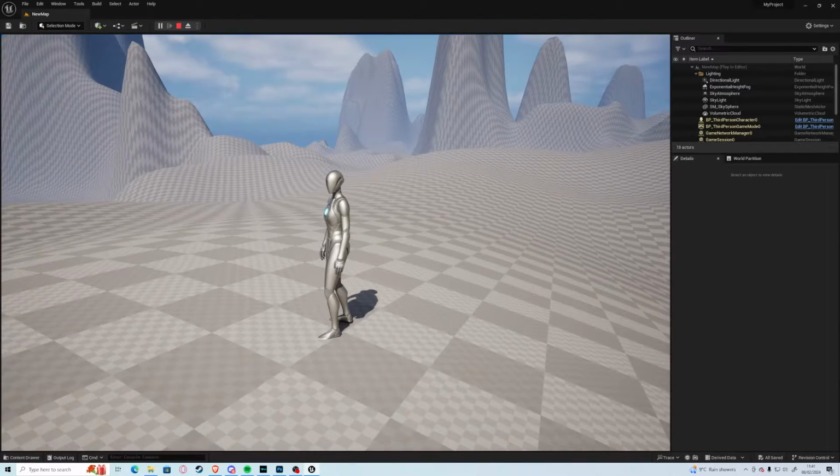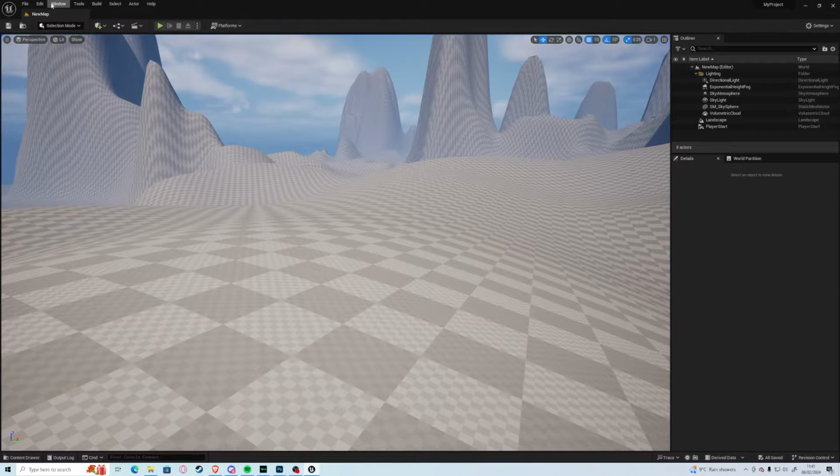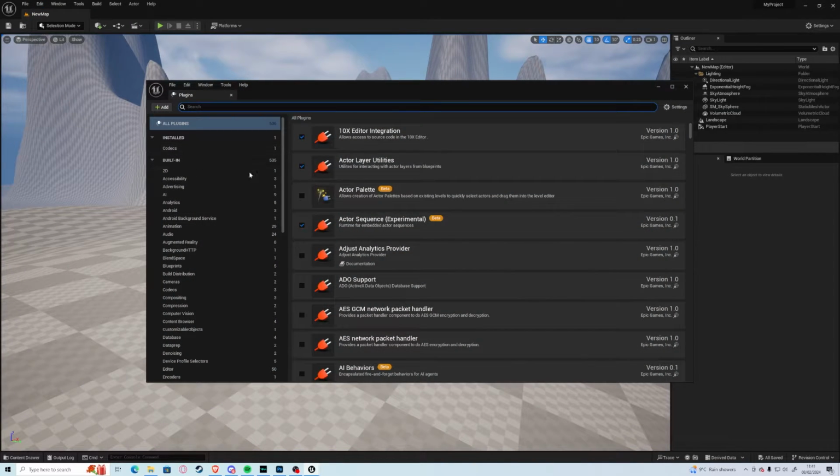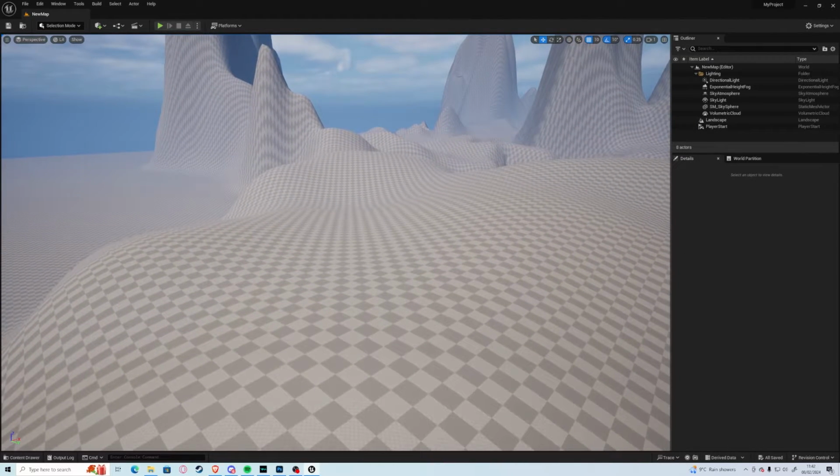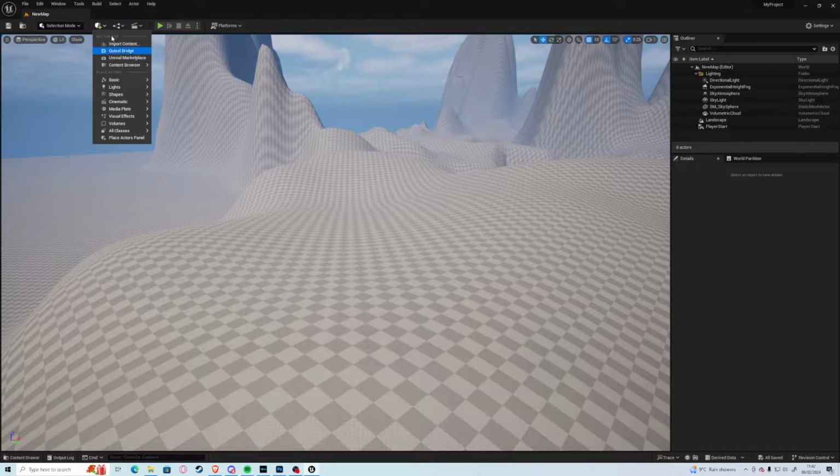So we are going to go up to Edit and Plugins, and we need to just search for water. Now this is an experimental plugin, so I wouldn't recommend releasing anything with it, but they will be releasing updates for this as they go. Enable it. You will need to restart your engine as well, and once you've done that, under the Actors tab you should have all sorts of things, such as,